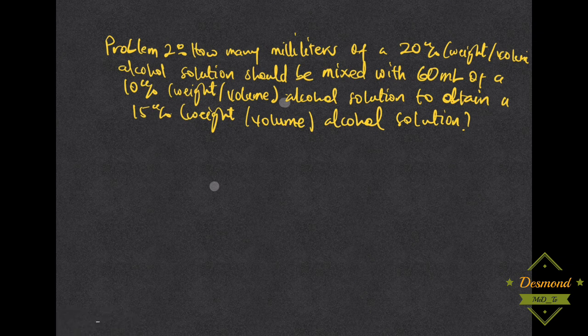So let's set up the problem. We need to find the volume of the 20% alcohol solution that, when mixed with 60 ml of the 10% solution, will give us a 15% solution. The first step is to set up the equation. Let x